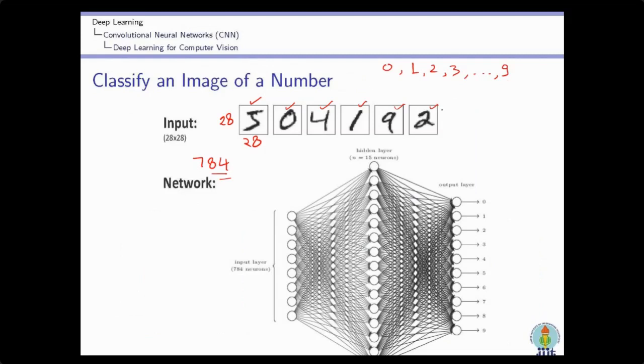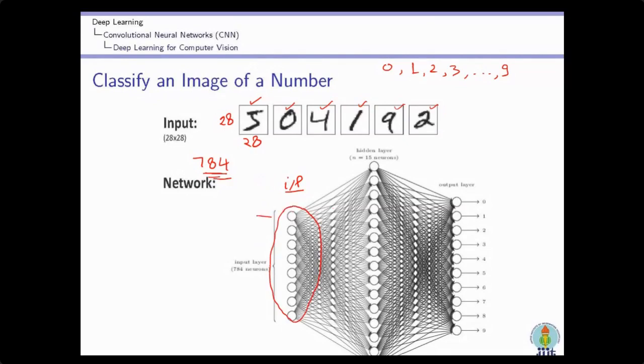Now I have to design a deep neural network for this system. So how can I design it? In this design, we give the whole image as input. Now what is an image? An image is nothing but pixel values, and here the number of pixels is 784. So I will use one neuron in the input layer for one pixel value. How many neurons are required? I require 784 neurons in the input layer. So there are 784 neurons over here in the input layer.